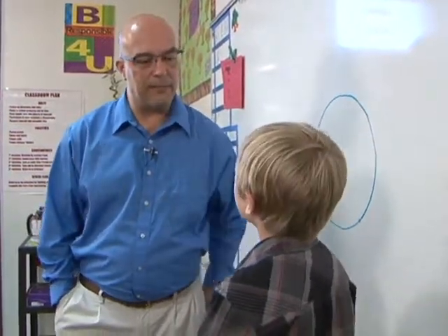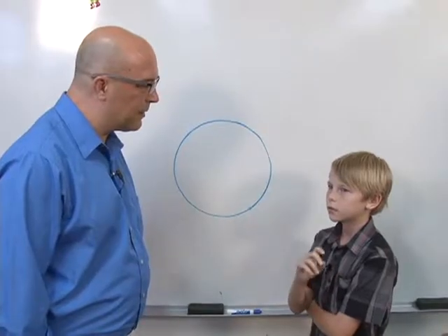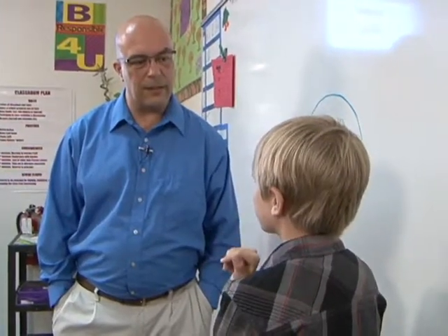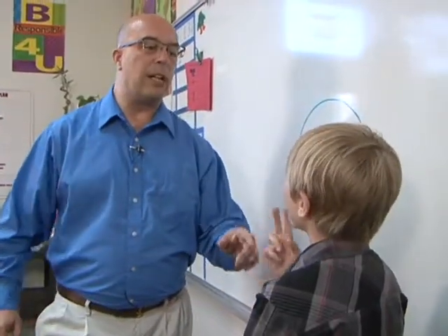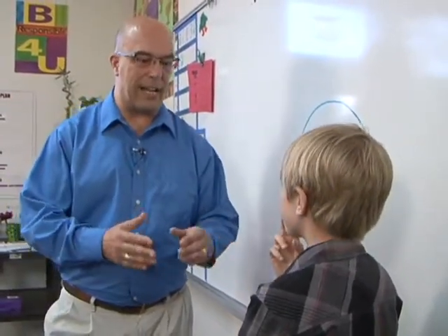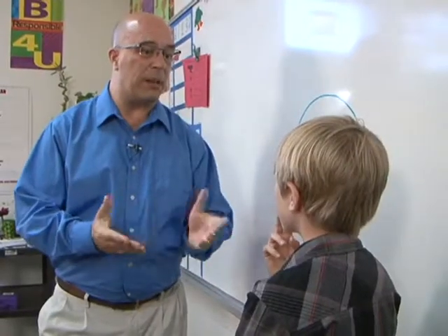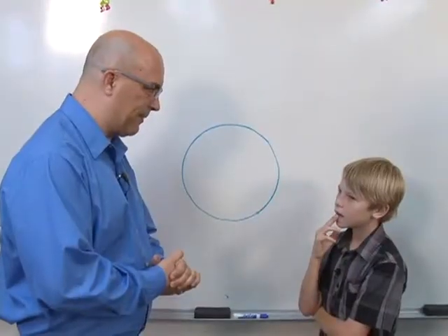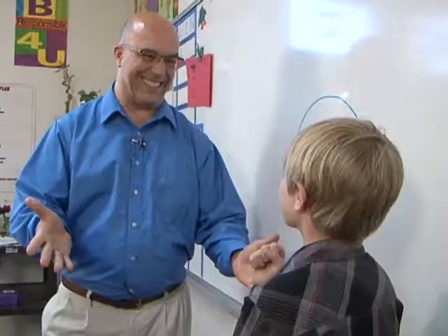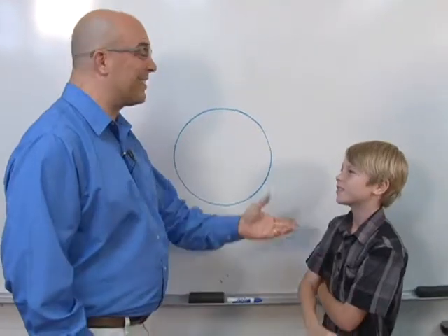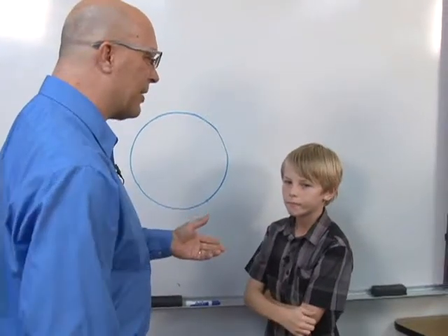What about a hexagon? You know how many sides that has? Here's a way to remember it. What unusual letter does hexagon have in it? X. And what number has an X in it? Six. There you go. So a hexagon has 6 sides, right? Just a little thing to help you remember how many sides are on